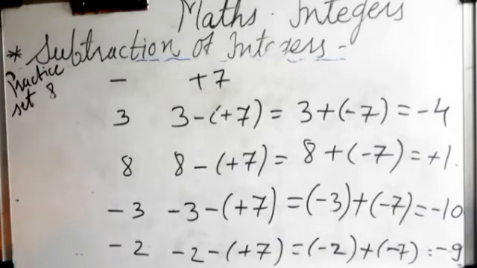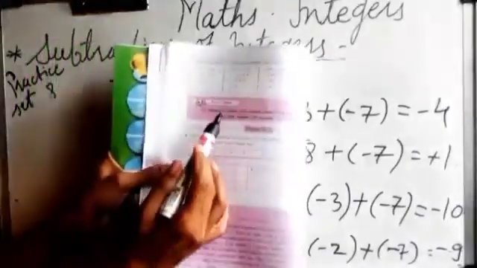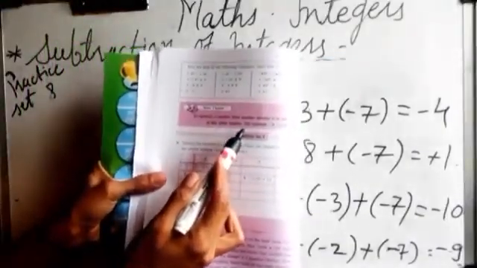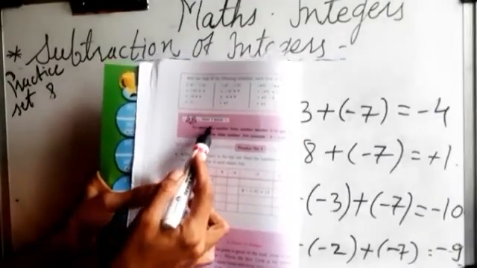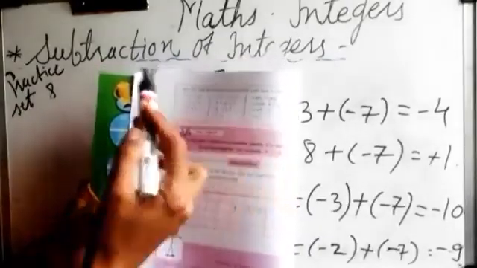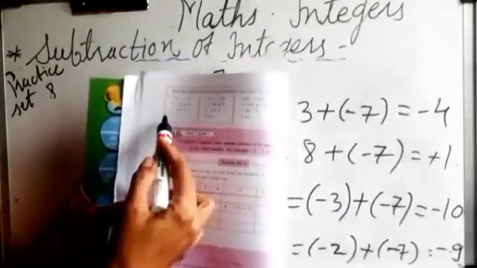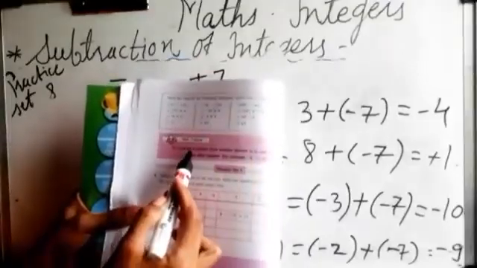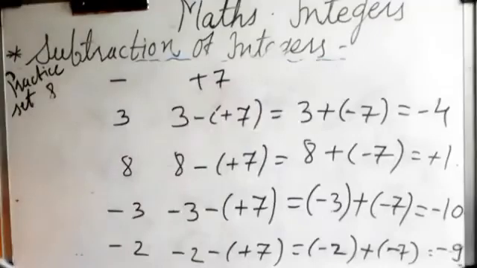So now you have to complete this practice set 8 in your notebook. Before that you have to give the heading subtraction of integer, and then after that you will write, as I told in my previous video also. Then solve this for all the examples, or I had solved on the blackboard also, that examples are same, these only. So you will solve these examples, and then you have to start with the practice set 8. So you will solve it properly without making any mistake. Thank you.